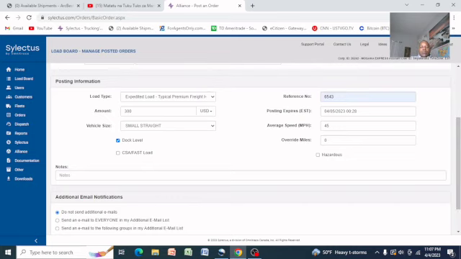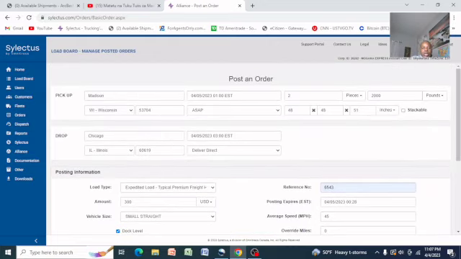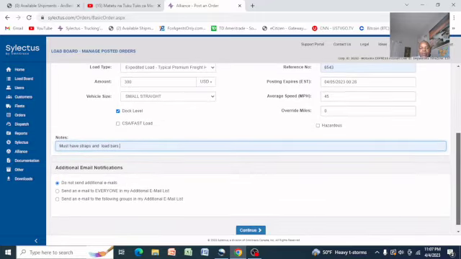And the notes, this is where you put notes according to your customer. If the customer needs Teams only, you tell them they need a team only. If the customer must have straps and load bars, you put the notes wherever they need, so that it can be shown. So you check everything before you post, and if you see that everything is good over here,